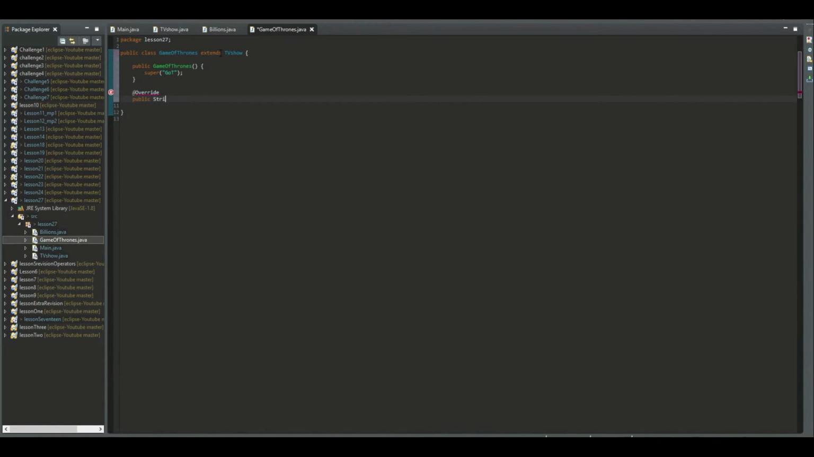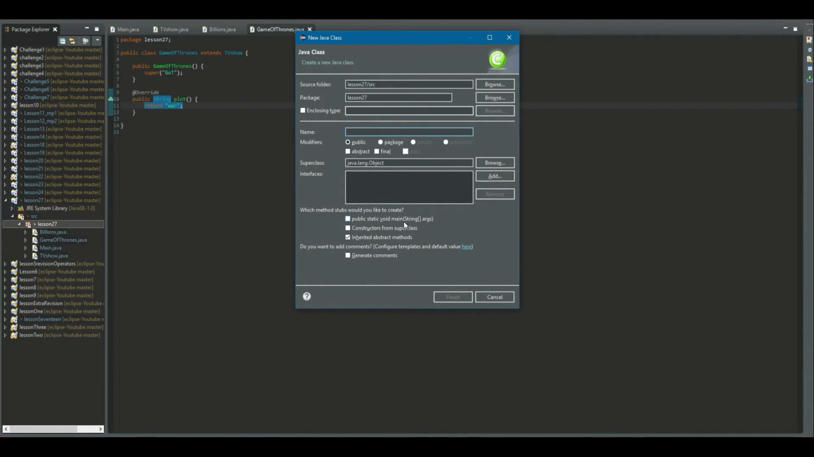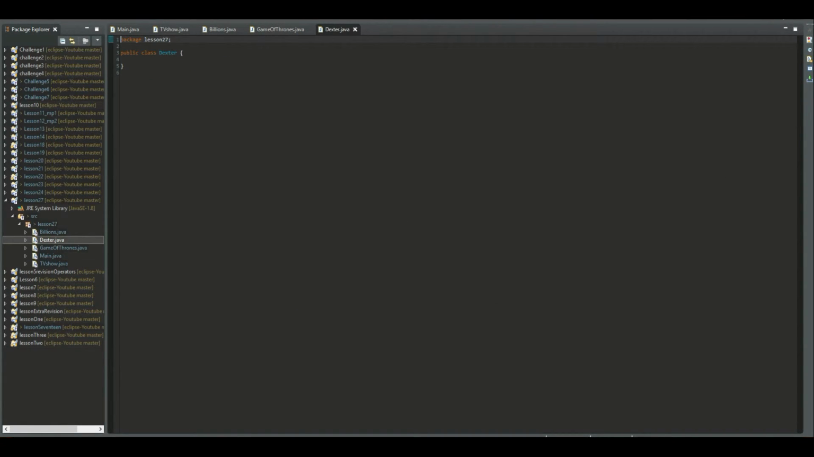We'll create a public String plot method, and then we can say return war, for example. It's about war, and then we can save it and create another one. Let's create, for example, Dexter. I was once a fan of Dexter. And we can make it extends